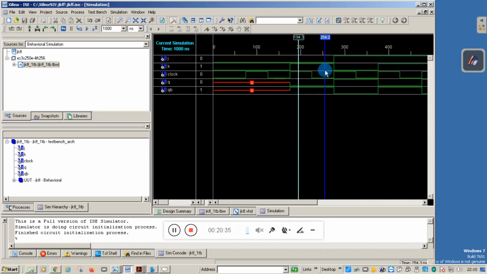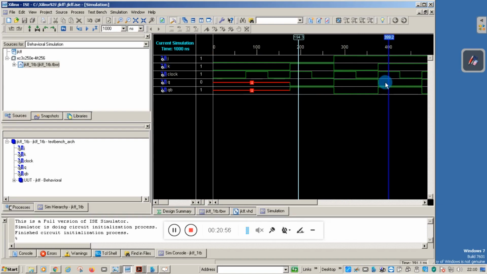Similarly here, J is 1, K is 0, the output is set, you can see the output is set here, and Q bar is 0. Finally here both are 1, it is a toggle.